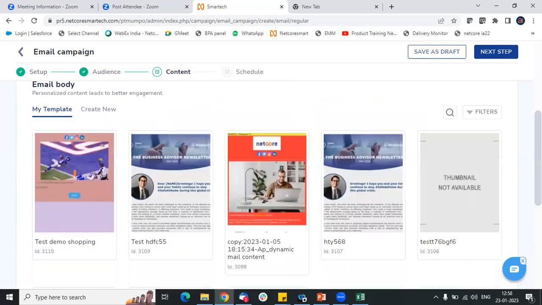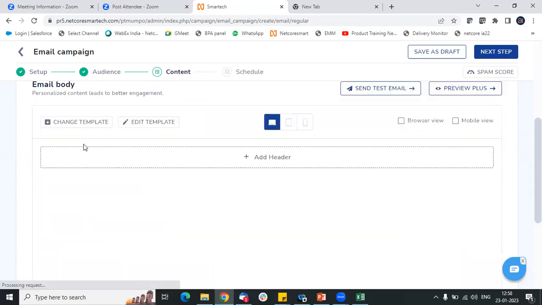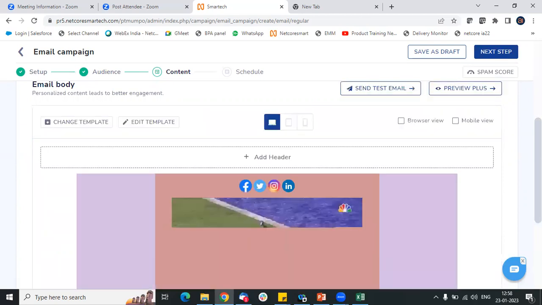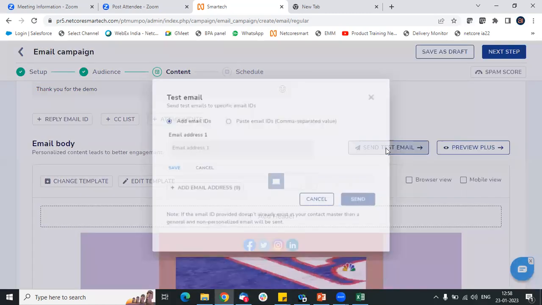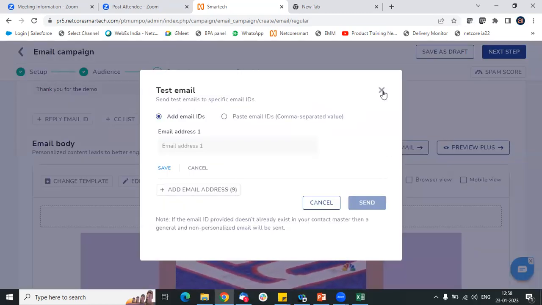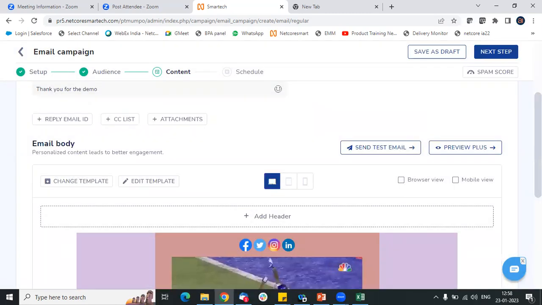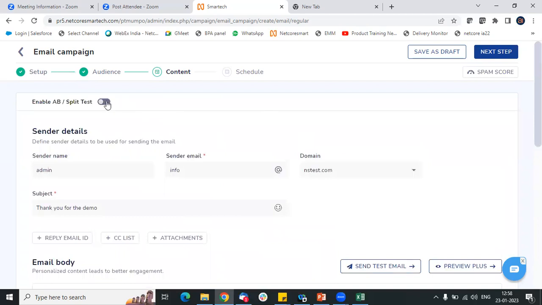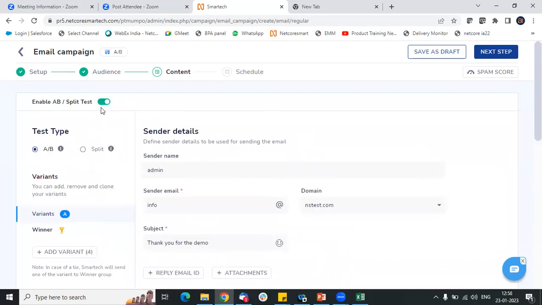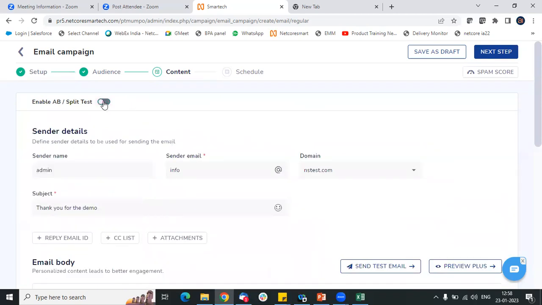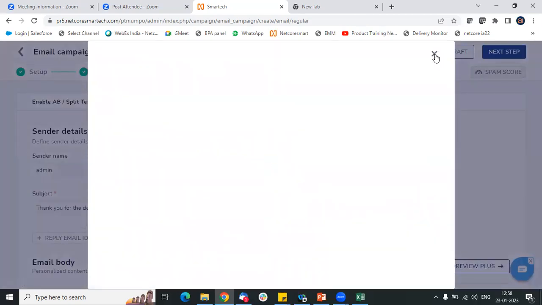Okay, now you can go ahead and select your template. Okay, you can do a test mailer to any of your internal IDs to see how it looks. You can do A/B testing also. I have a separate video for that as well. But yeah, this is where you can do A/B testing or maybe even split broadcasting. And it's not just A/B, it is A, B, C, D, E, 5 variant testing, which you can do. You can check your spam score of the content over here,